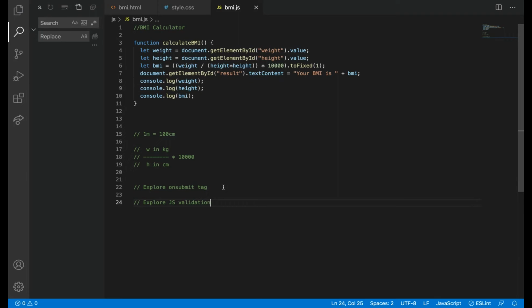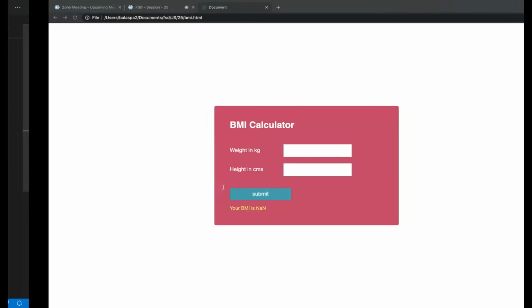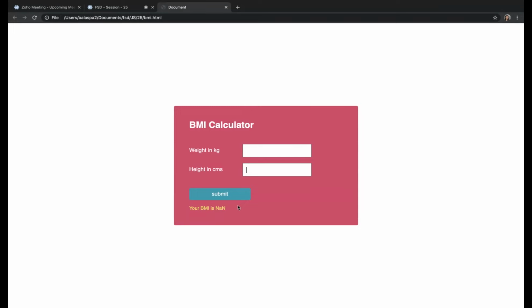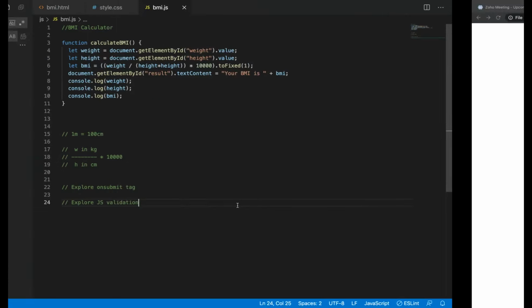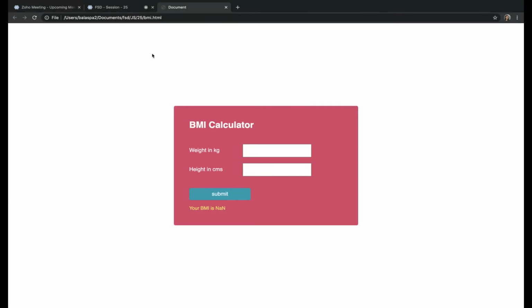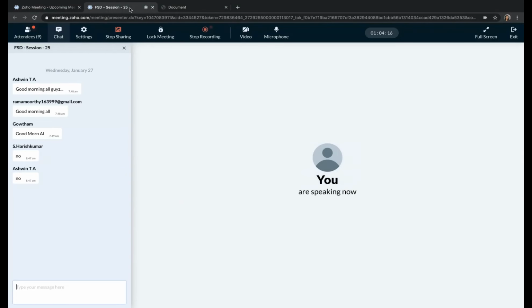So we are going to do two things tomorrow. We are going to calculate underweight, overweight or normal based on the BMI, and also we are going to add some validations. And I think we can wrap up the class. I'll try to review the code. Yesterday there was a power cut in my home, so I could not review the code. I'll try to review it today mostly.